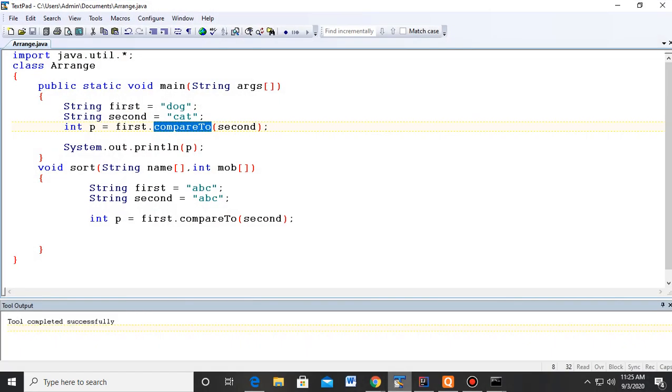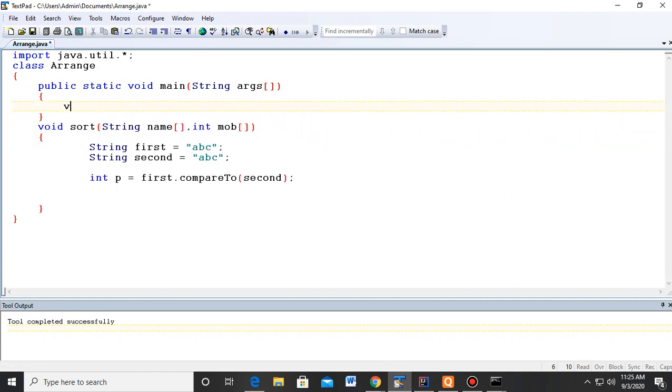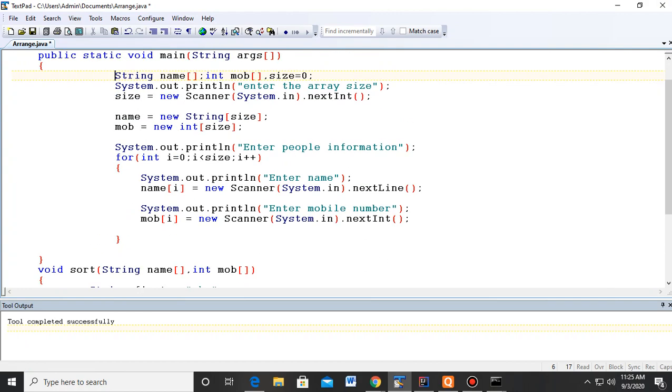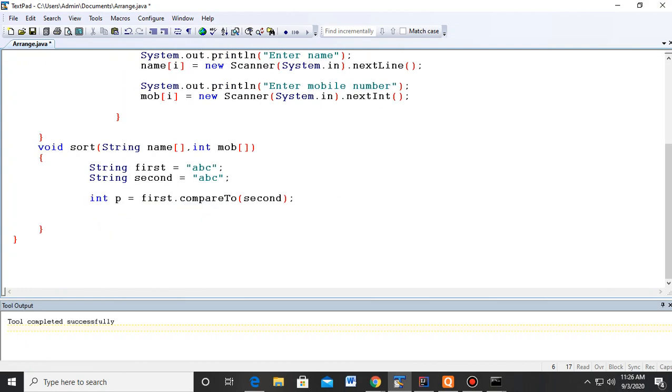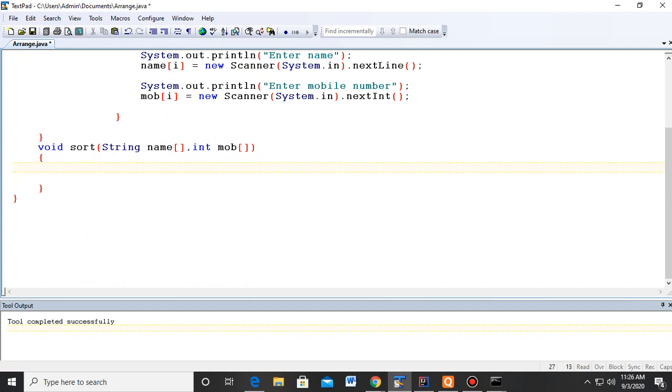Okay. Now children, I am going to perform the main task. Earlier the main method was written like this, and I need to complete this function. Last time you studied bubble sorting. So for bubble sorting, we need two variables: one for swapping the name and another for swapping the mobile number.